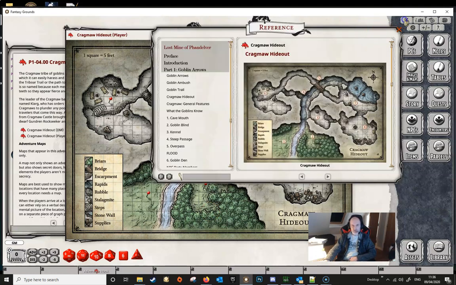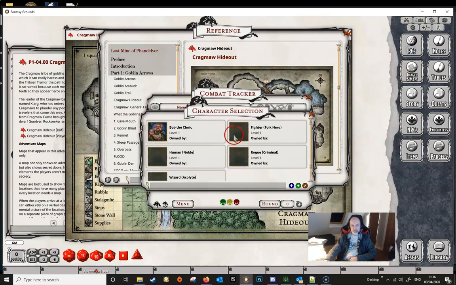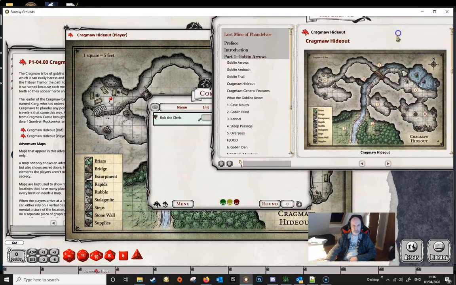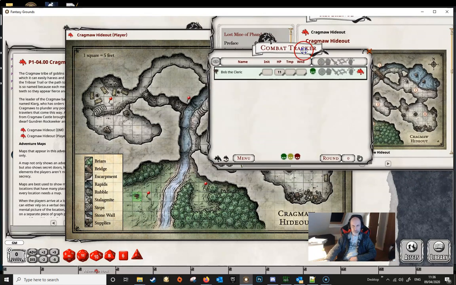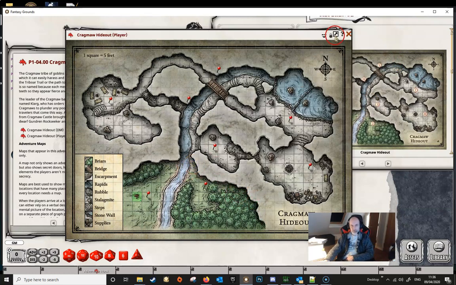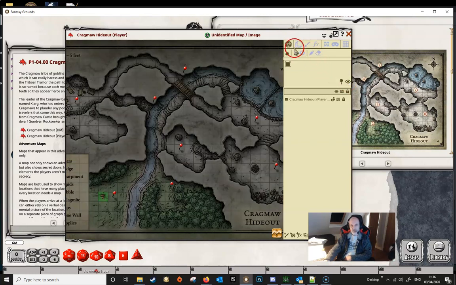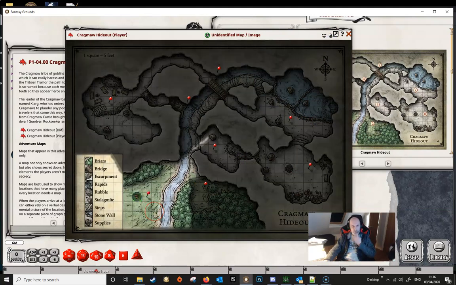And we can show you this if we get our combat tracker up. If we put Bob the Cleric in here, and then drag Bob onto the map, place him there. Don't need the combat tracker just now, we can move that. And we then unlock this map. I enabled the line of sight, which is all built into the module for you. Click on that to enable the line of sight. We can lock up the map again,